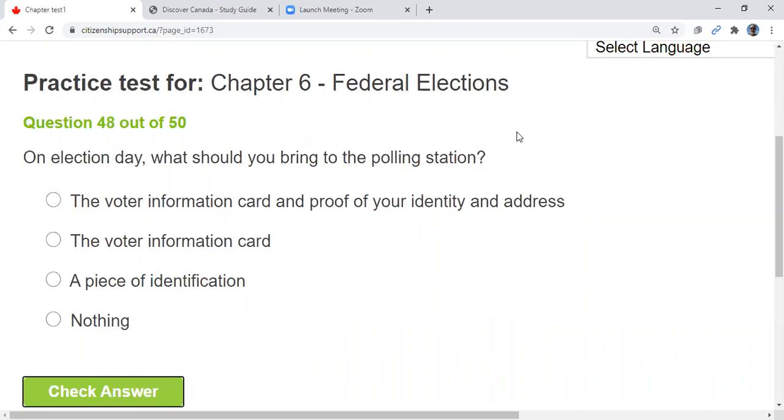On election day, what should you bring to the polling station? The voter information card and